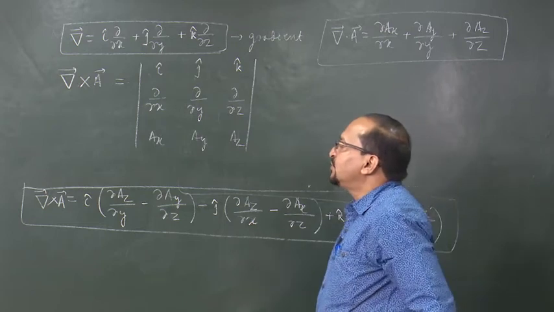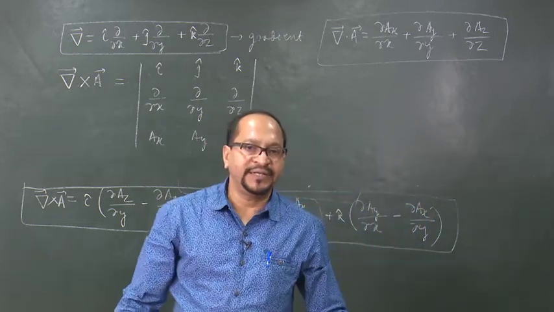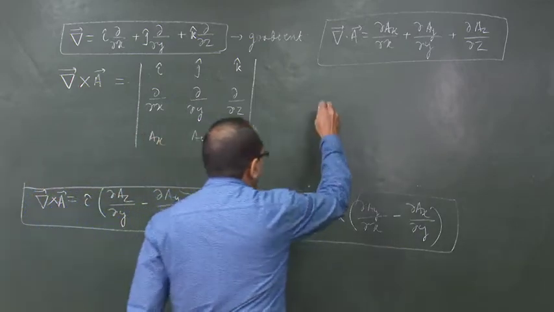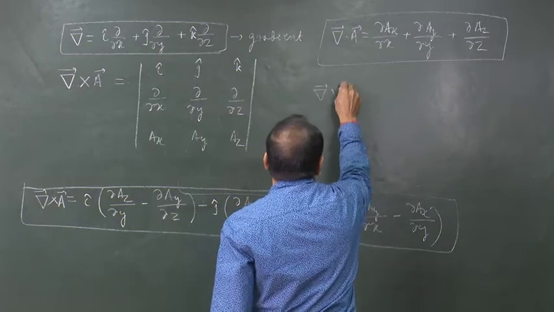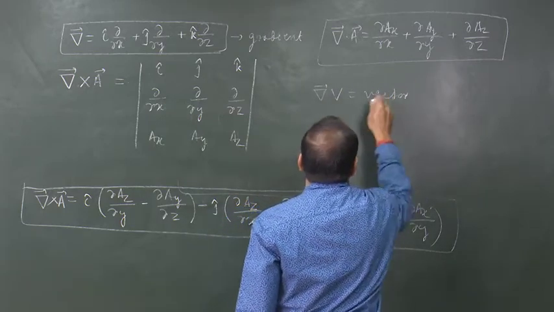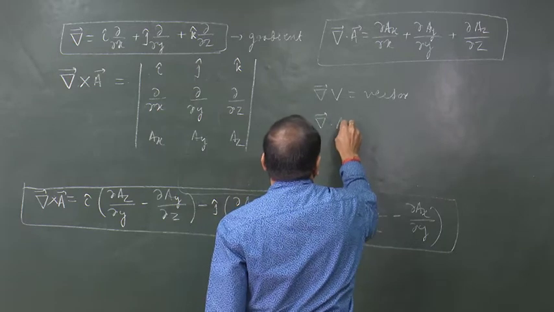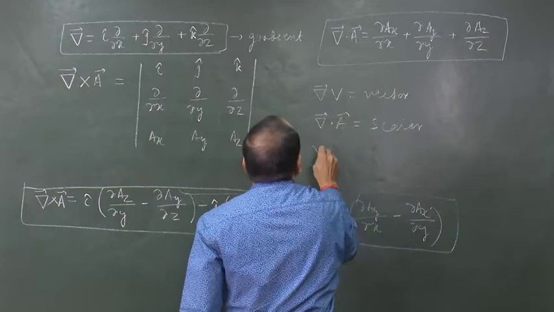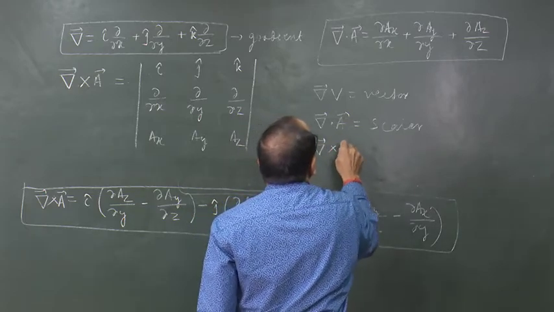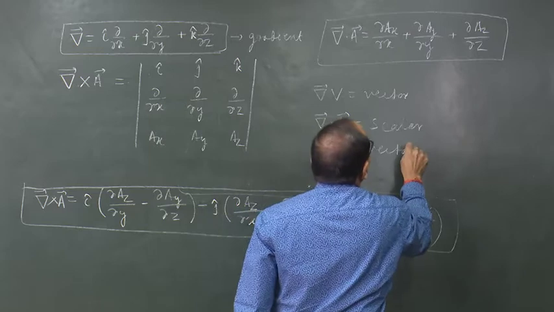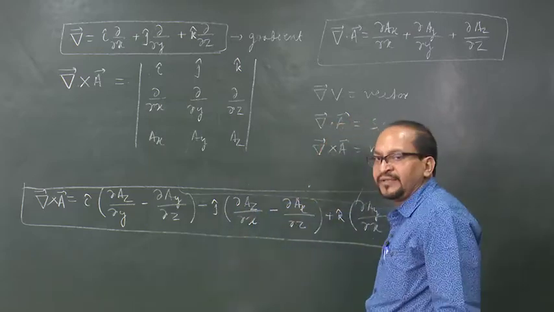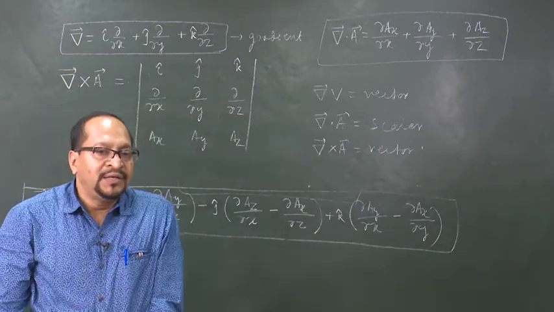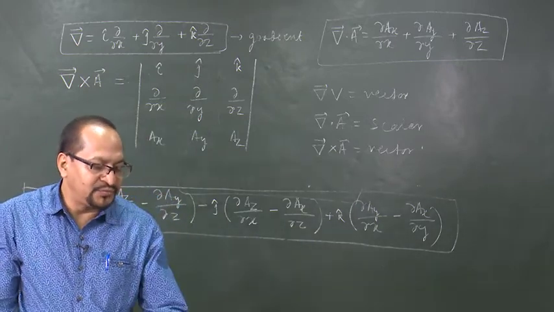Okay. So, these are the 3 definitions of gradient, divergence and curl. Gradient of a scalar quantity, grad of V, is a vector, divergence of A is a scalar and curl of A is a vector. These are very useful mathematical tools. We will know how they are useful in the course of our discussion,